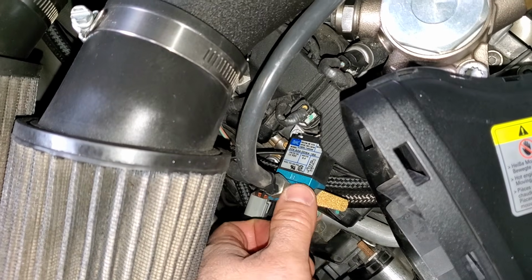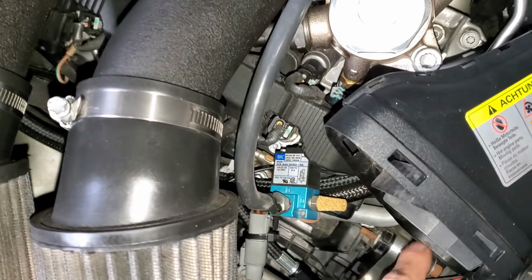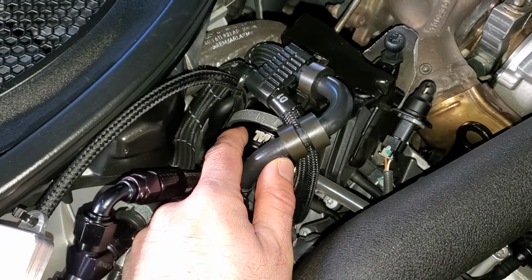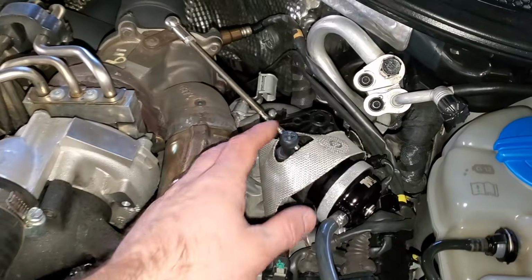So this is a solenoid for the wastegate. So this is for a boost controller. So this is going to go to a boost source. It has a little intake right here. And then right here, we have a tial wastegate. So this isn't a blow-off valve like you may think. This has a line going here for boost reference, and that is going to dictate how much boost these turbos